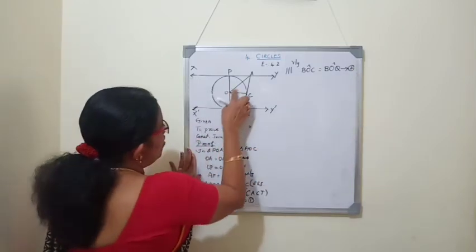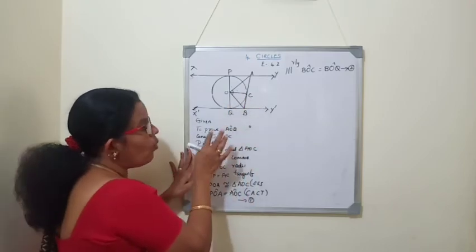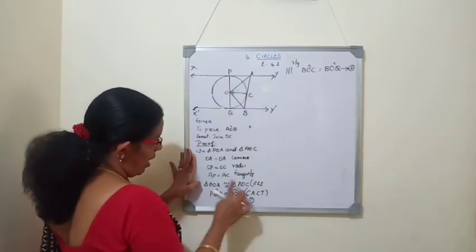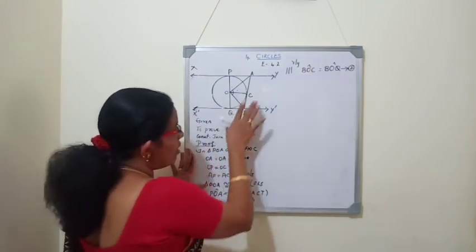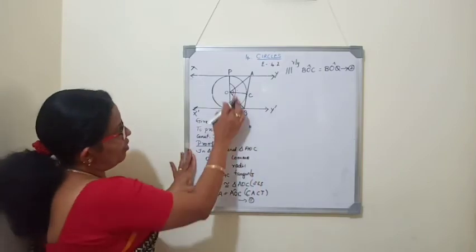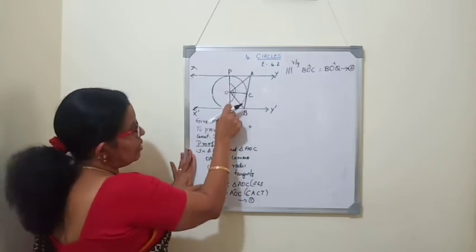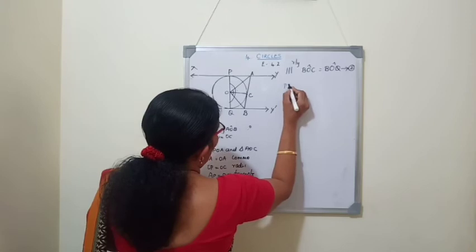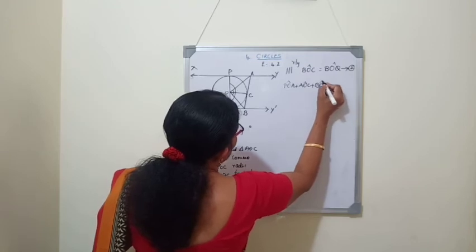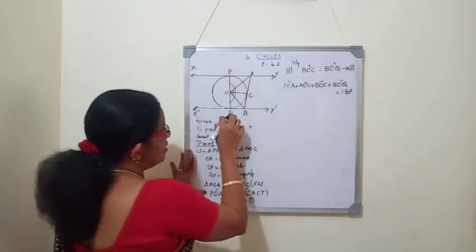Now, look here. This is angle POA. This is AOC. They are equal. BOC and BOQ are equal. Now, what we will do is add all the four angles. See here: POA, AOC, BOC and BOQ. All the four angles we will add. What will we get? It is 180 degrees because it is angle POQ. It's a straight line, that is 180 degrees. So, angle POA plus angle AOC plus angle BOC plus BOQ is equal to 180 degrees. Reason you can write: POQ is a straight line.